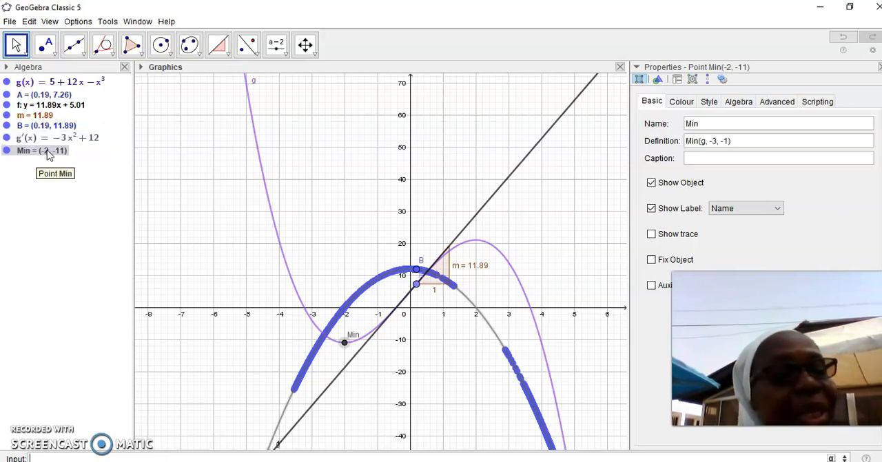So it has given me the minimum point to be -2, -11. So wherever I have -2 here, on x-axis, I'll trace it to y-axis. You know, it's so easy locating -2, but to locate that